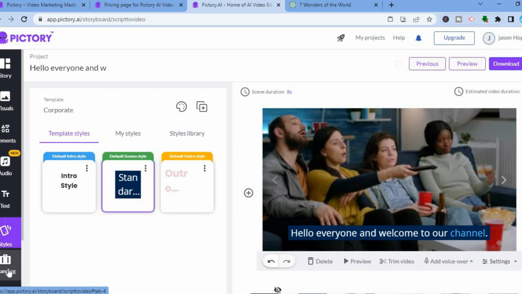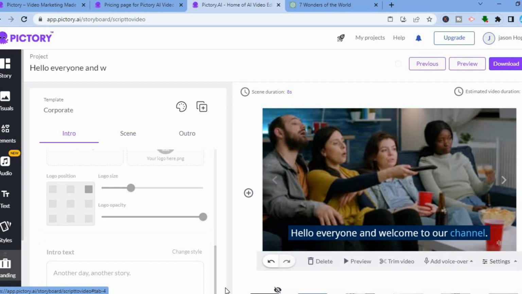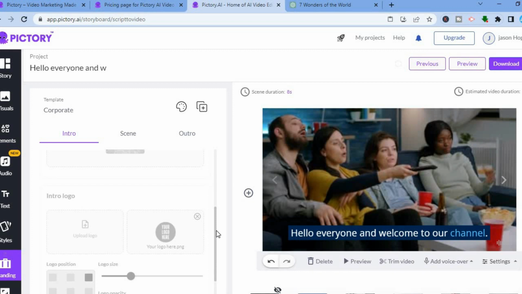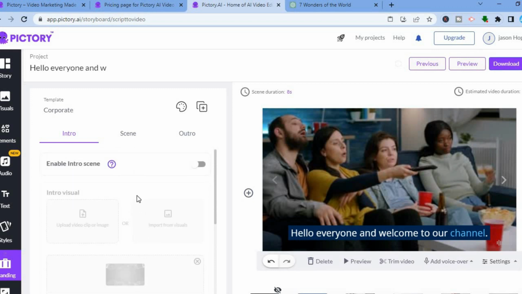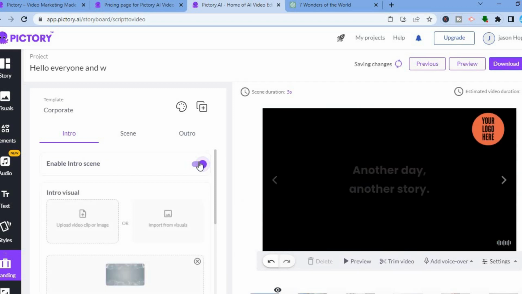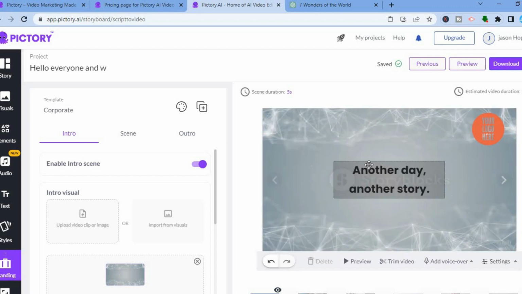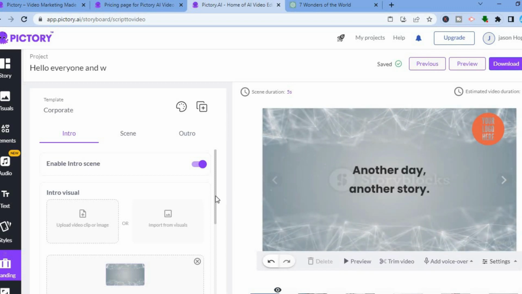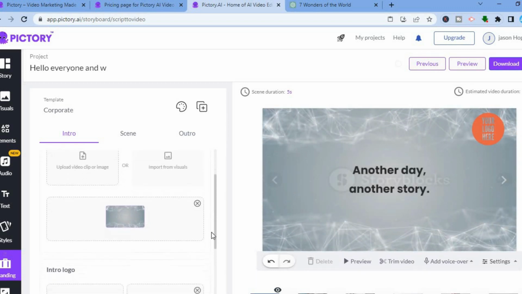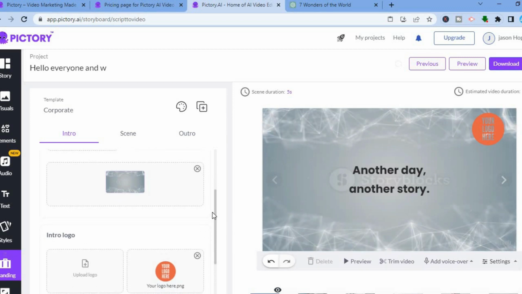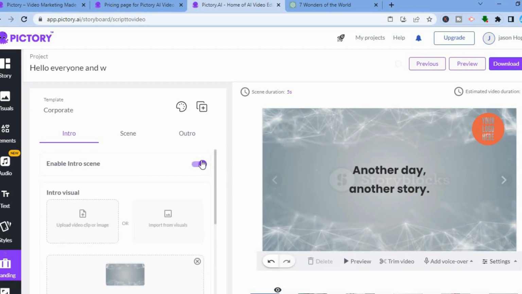And also if you would like to add an intro and outro, for example showing the logo of your YouTube channel or so on, all you have to do is tap on brand. Then from here you'll be able to add an intro and outro. So you could tap on intro right there, then you could enable it. After you have enabled it, you will see this pop up, and from here you can add your own intro if you want. So you can upload a logo if you want right here,